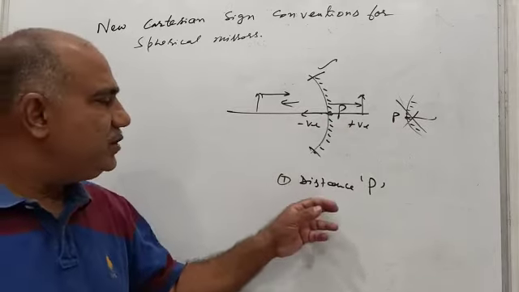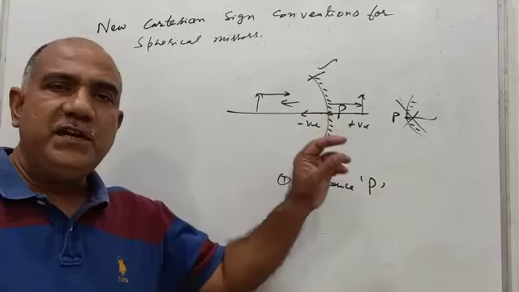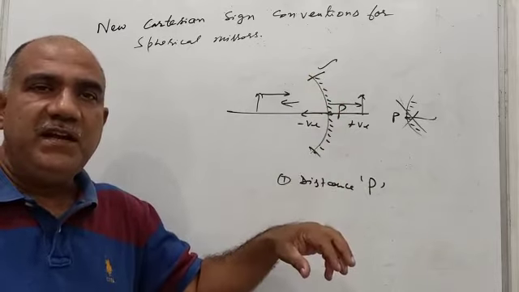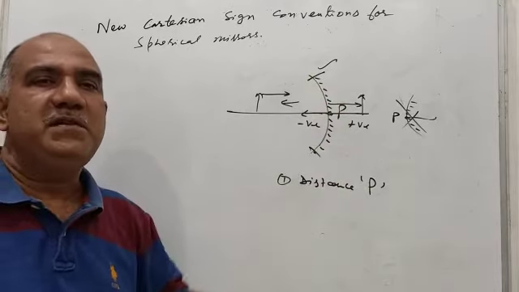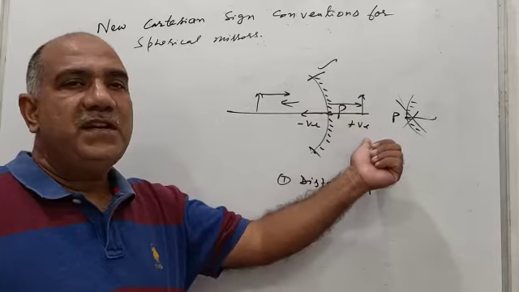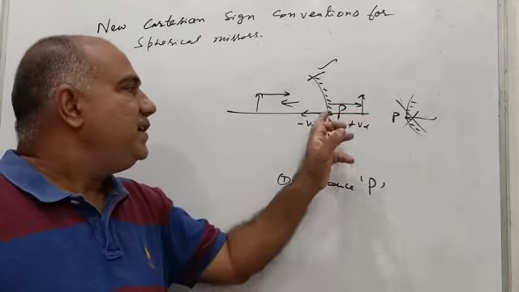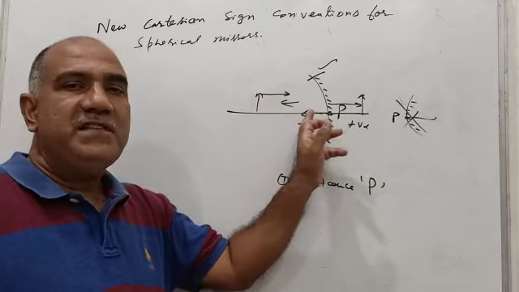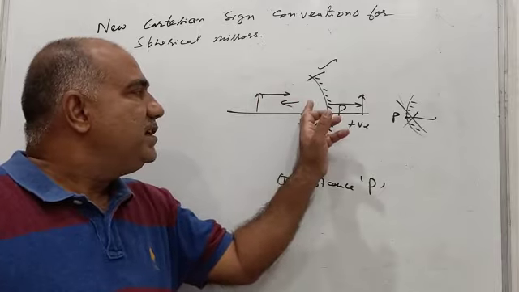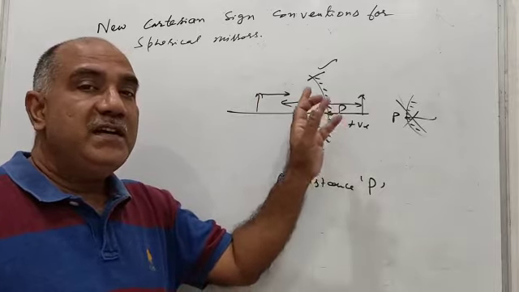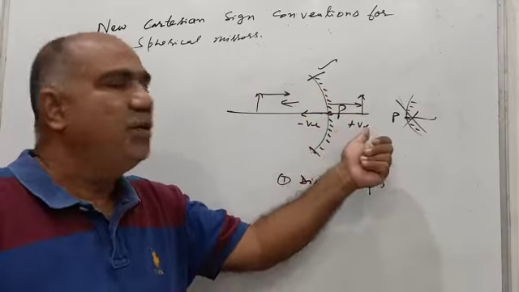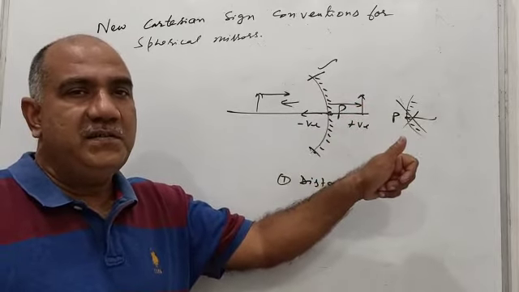For any distance that you want to measure, the reference is to be taken as the pole. Pole is the midpoint of the actual reflecting surface of a spherical mirror, and it is part of the mirror because it lies on the surface of the mirror. And all those points which are lying in the direction of the incident ray. See, the object is always kept to the left side of the mirror, so we say the incident ray will move in this direction. So when we say a point lying in the direction of the incident ray, that means any point lying to the right side of the pole.